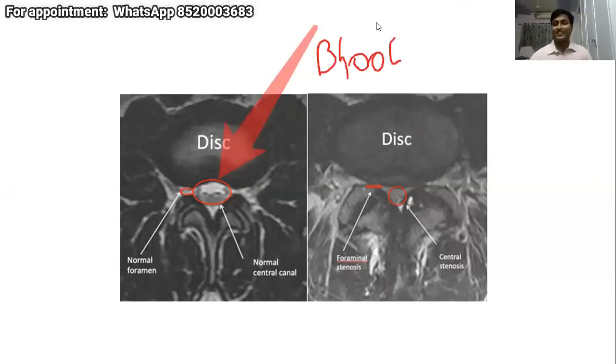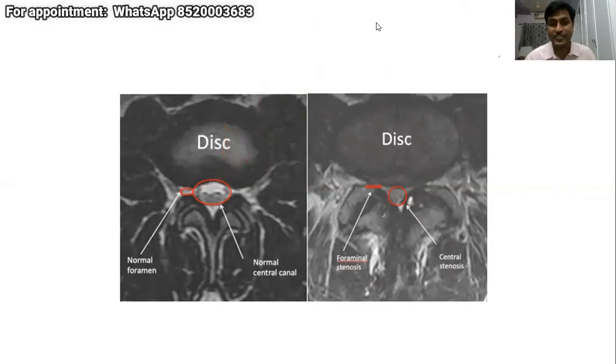This takes long. You are asking me, if it's a fracture, it will heal in 3 months. But the spondylolisthesis which you see is usually degenerative. They are not because of fracture. So degenerative listhesis stabilizes, it does not heal. So it takes years to stabilize.